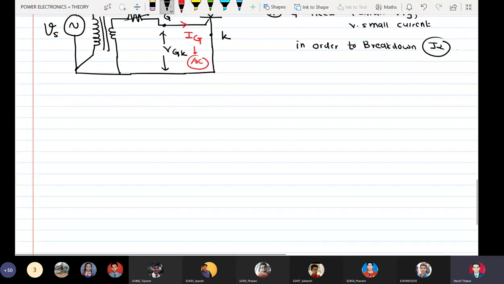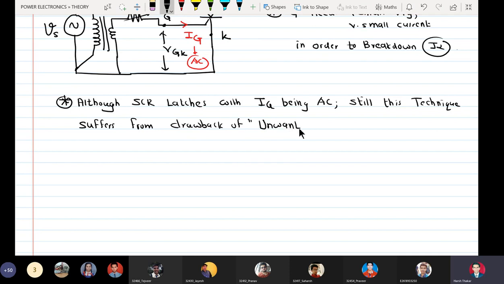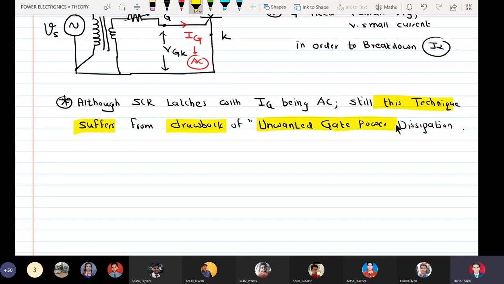Okay, so again we can write down the same comments here, that although the SCR latches with IG being AC, still this technique suffers from the drawback of again unwanted gate power dissipation.